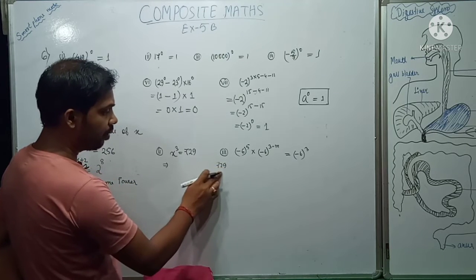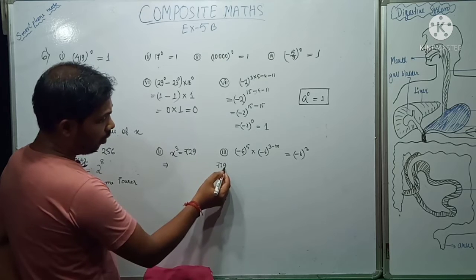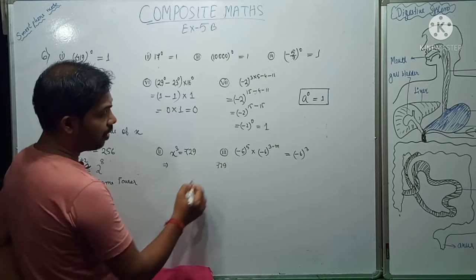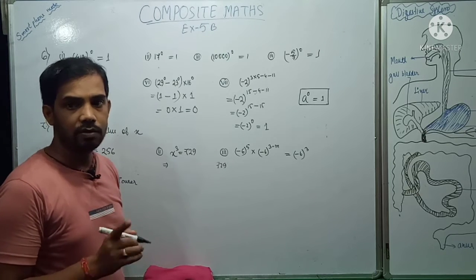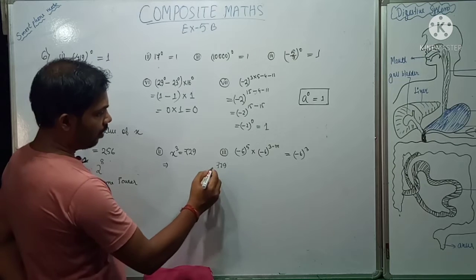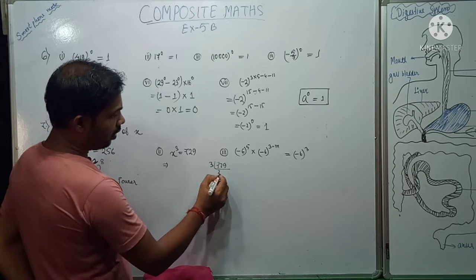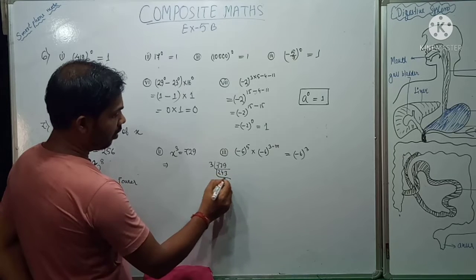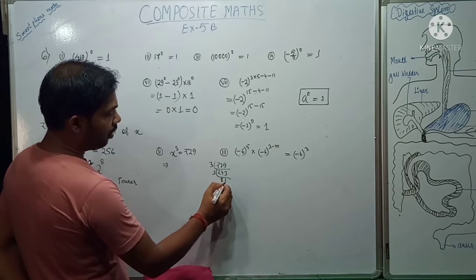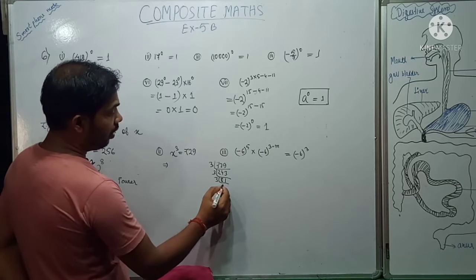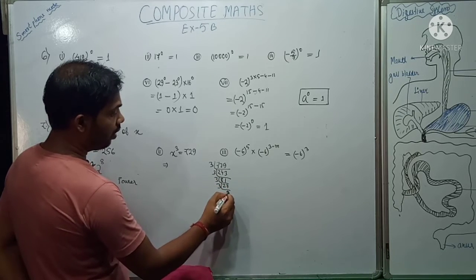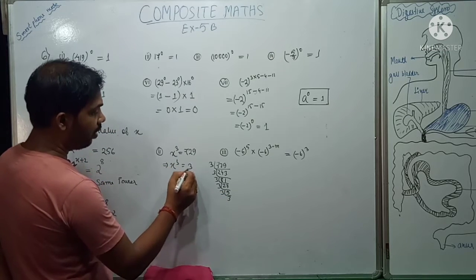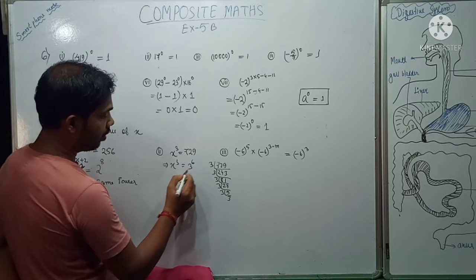729, is it divisible by 3? How will we know? We have to open this number and add the digits. So 9 plus 2 is 11, 11 plus 7 is 18. Now 18 is in the table of 3, so it is divisible by 3. So we will divide it by 3. 3 2s are 6, now 1 remaining, 12, 3 4s are 12 and 3 3s are 9. Okay, again divisible by 3, 3 8s are 24, 3 1s is 3, okay, again divisible by 3, 3 9s are 27, 3 3s are 9, 3 3s are 9. Now x power 3, then this one you can write 3 power, 1 2 3 4 5 6.